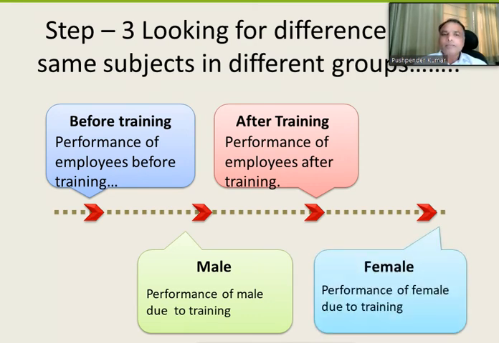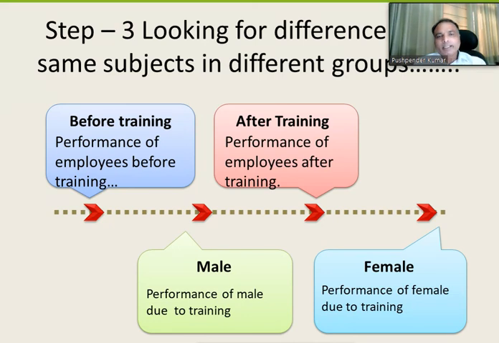Not only male but female also. So here you see we have two situations, before and after, and we have two variables, male and female. So earlier it was before and after for gender overall, not bifurcated into male and female. But here we want to see the impact of training before and after across male and female. So it's a 2 by 2 here you can see.